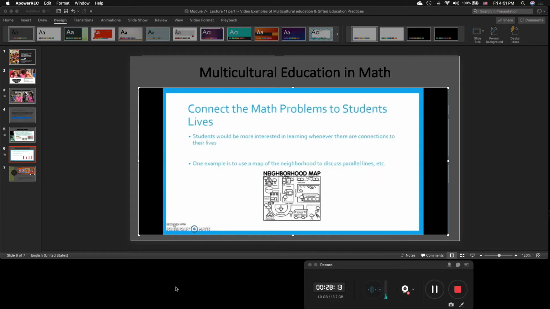Another example would be to connect the math problems to the students' lives. This is sometimes easier said than done, but it can still be accomplished. One way this could be done would be to have the students draw a map of the neighborhood they are from. Using the map, students can